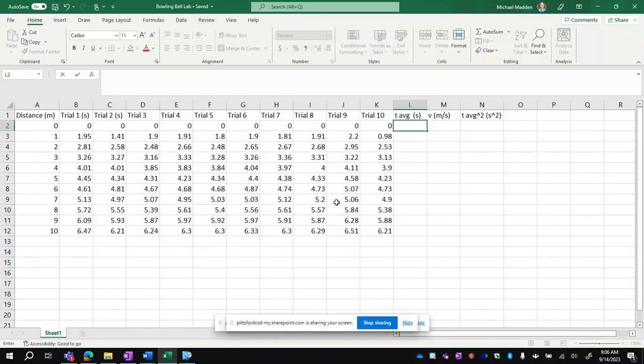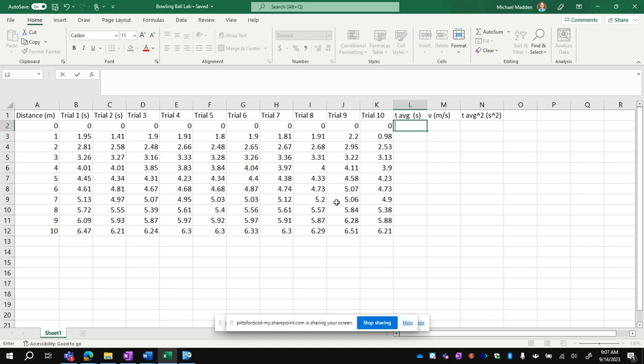All right, so in this video tutorial, we're going to be talking about how to do some graphs in Excel. I actually copied through the data that you all recorded from yesterday's bowling ball lab, and you should have done these graphs by hand. That was not plan A, but I was going to show you how to use Excel in class today. But as a kind of plan B, here is a little bit of an overview of how to do graphs